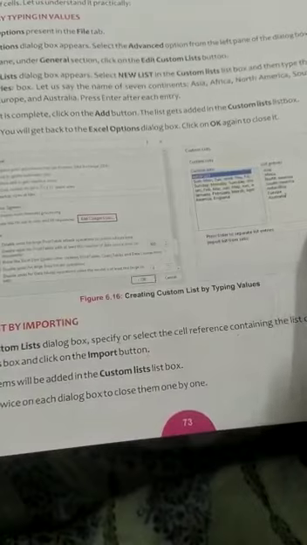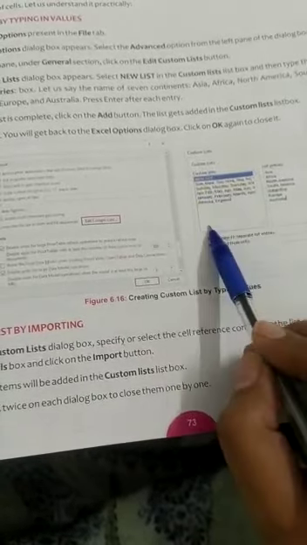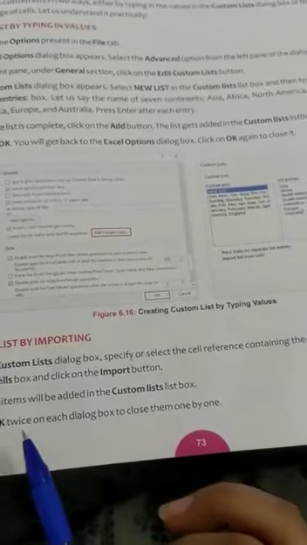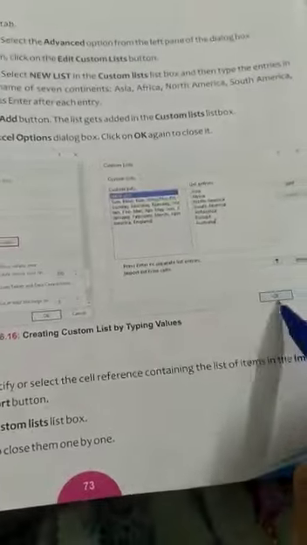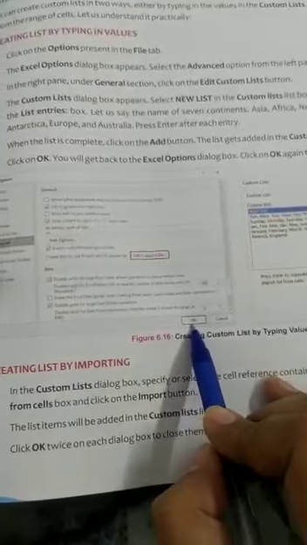Then you have to click on OK twice, on each dialog box, to close them one by one. First click OK here, and then when you come back to the Excel options dialog box, click on OK button to close both dialog boxes.